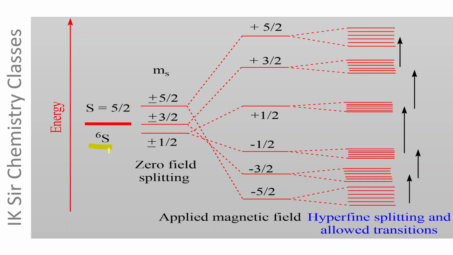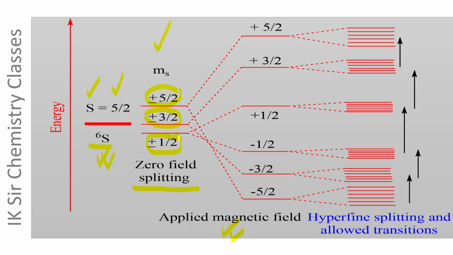Sextet S is the ground state term symbol for Mn2+ ion. Its capital S value is 5/2. Due to zero field splitting, that is a splitting caused by crystal field, this S equals 5/2 energy level splits up into 3 doubly degenerate spin energy levels, ±1/2, ±3/2 and ±5/2. And when an external magnetic field is applied,